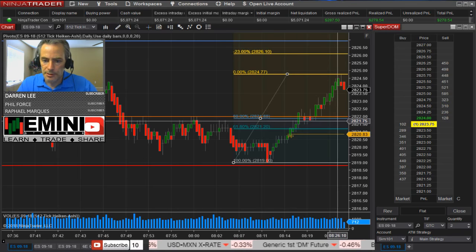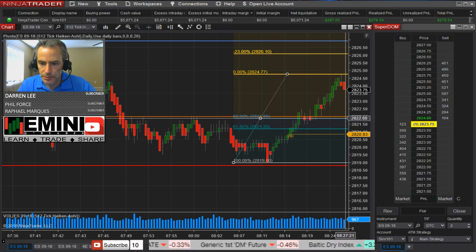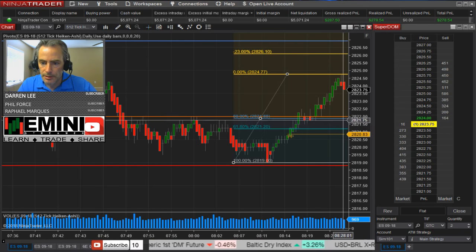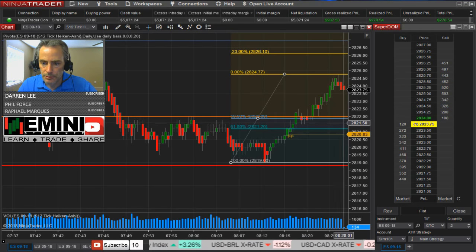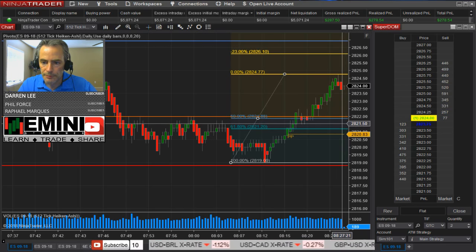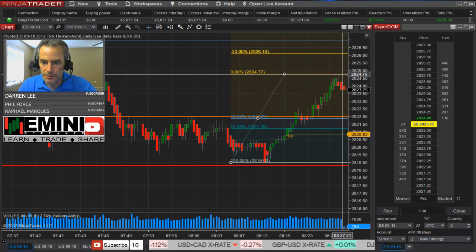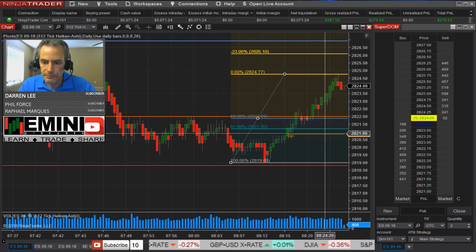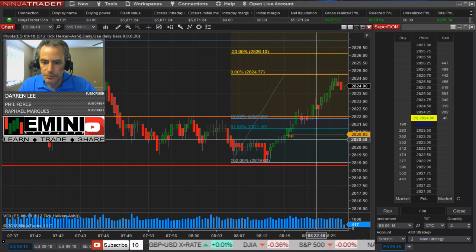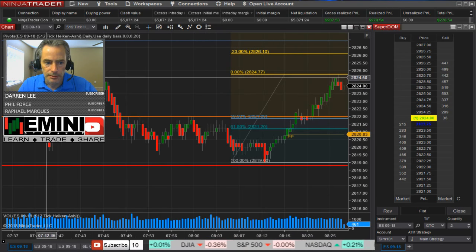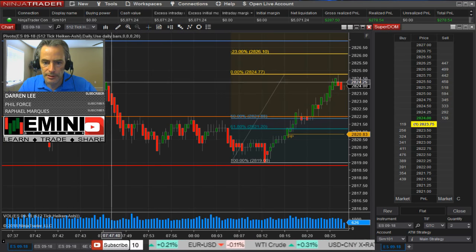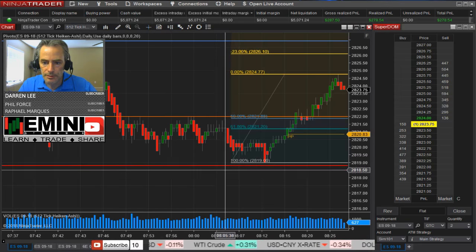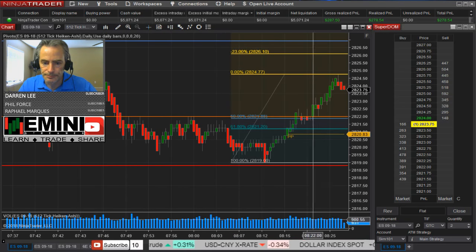See if we can pull back to our entry area here, 50% at 22. So going from like a 21.50 up to 24.75, that's a good risk to reward. That's a good trade. Like to see it break this high back here, but we are making new highs here, so